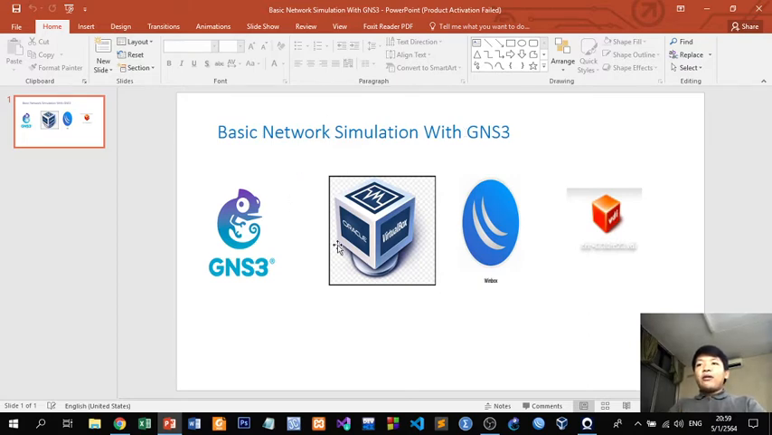There are three programs that we use in this basic network simulation. First program is GNS3. GNS3 เป็นโปรแกรมสำหรับจำลองระบบเครือข่าย The second one is Oracle VirtualBox. Oracle VM VirtualBox เป็นโปรแกรมสำหรับจำลองระบบคอมพิวเตอร์